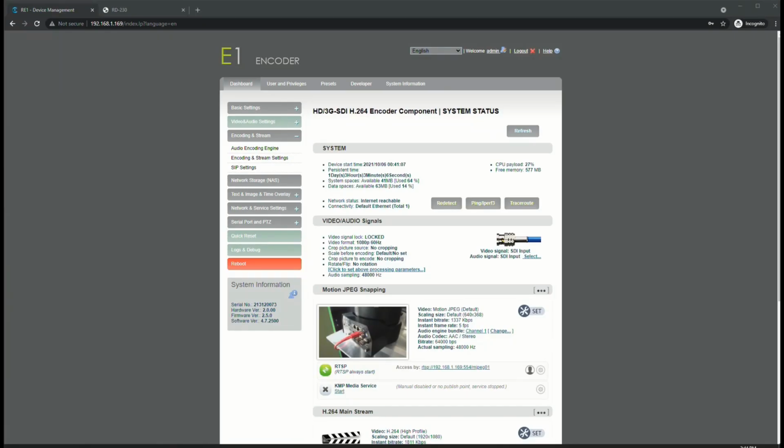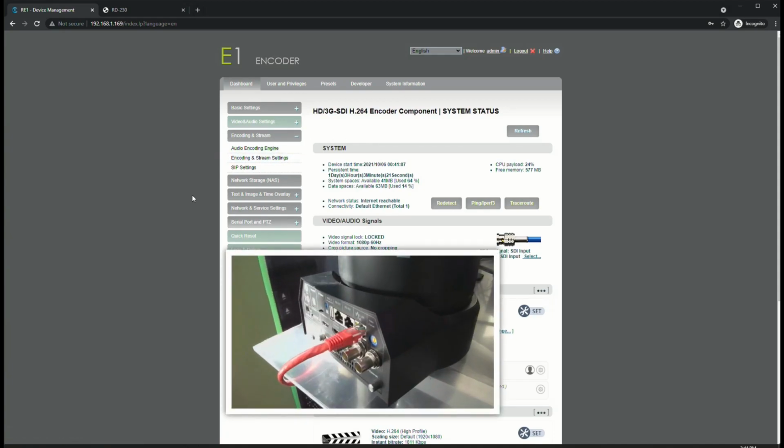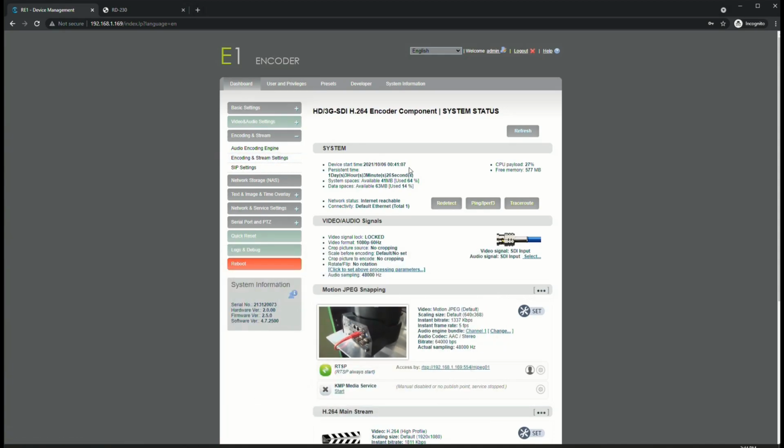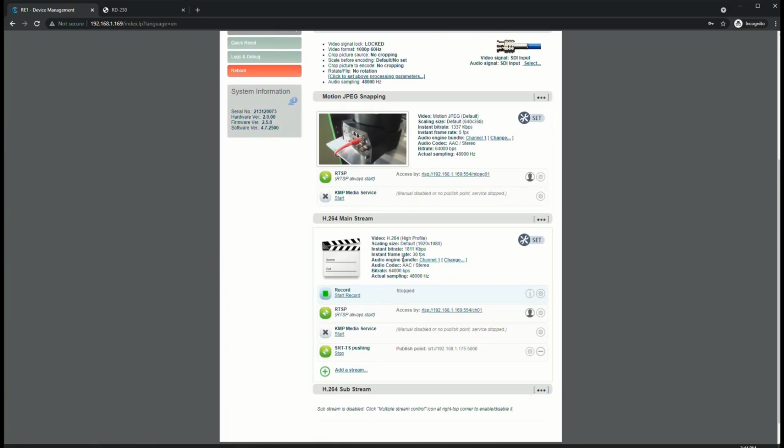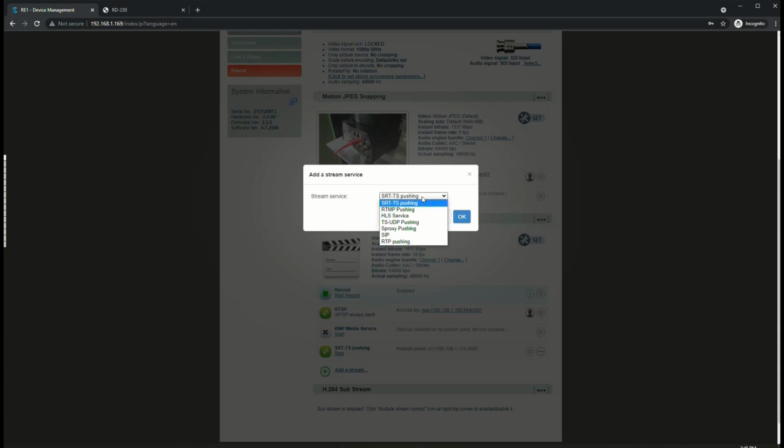While we're here in software, I might as well take you on a quick tour of the encoders in the cradle. We have an RE1 encoder, which is the IP encoder, and then we have an RD230 decoder. The RE1 is basically an E1 format and a card, and we are bringing in an SDI source, and this is giving us our preview, and how we're encoding it, what our bit rate is, and the different forms of encoding that we're doing. We're encoding RTSP and SRT, but we could add more streams depending on our resolution and